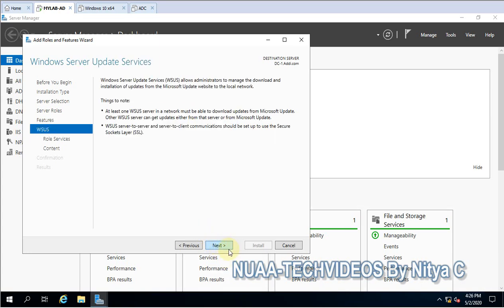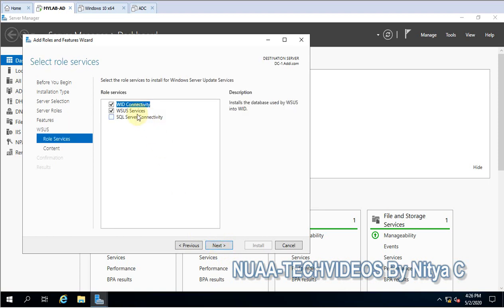Click on Next and Next, and here, yes, these two things we require: WID Connectivity and WSUS Services. This is the database, WID Connectivity, and if you have a large infra and if you want to configure the main server and other servers, meaning if you have multiple sites available, there you will install the downstream servers.